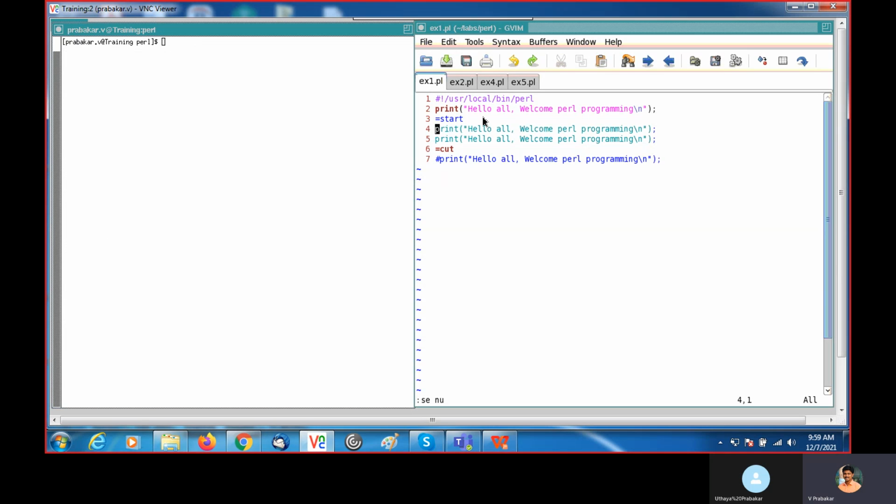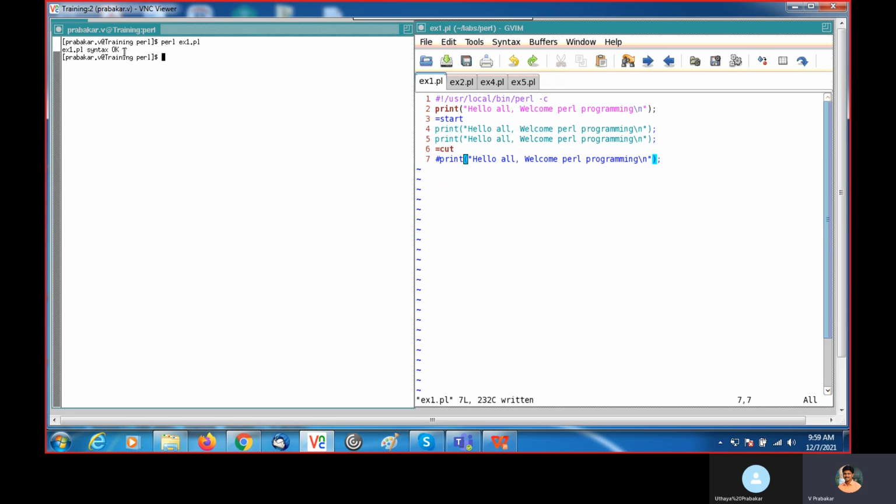Okay, now next we are going to see the usage of the options. I told -c along with this shebang line. If you mention -c, it checks the syntax and gives syntax okay.